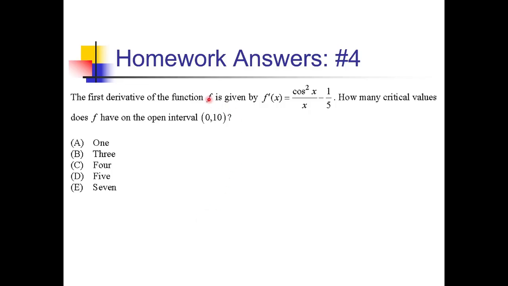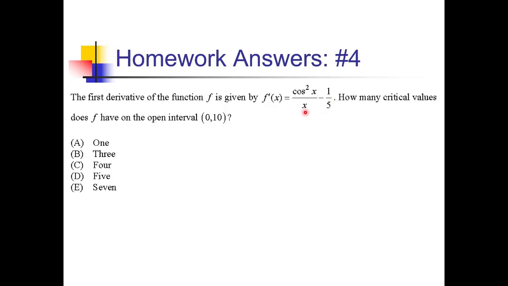For this problem, the first derivative of a function is given by cosine squared of x over x minus 1/5. They just want to know how many critical values f has on the interval from 0 to 10. So critical values are going to be places where the first derivative is either 0 or undefined. Now, just looking at the structure of this thing, the only place this is going to be undefined